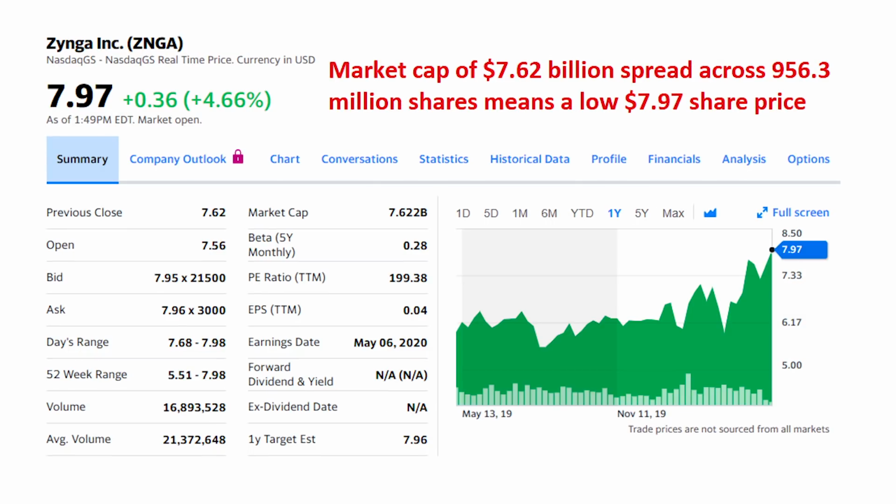By comparison, look at Zynga, ticker ZNGA, with a price under $8 a share. It's jumped 34% over the last year and is valued at $7.6 billion. The reason the stock price is so low is simply a matter of almost a billion shares issued. So instead of looking for low-priced stocks or thinking that a high stock price is good, let's look at 5 factors that actually do cause a stock's price to rise or fall, and how to determine a fair value.